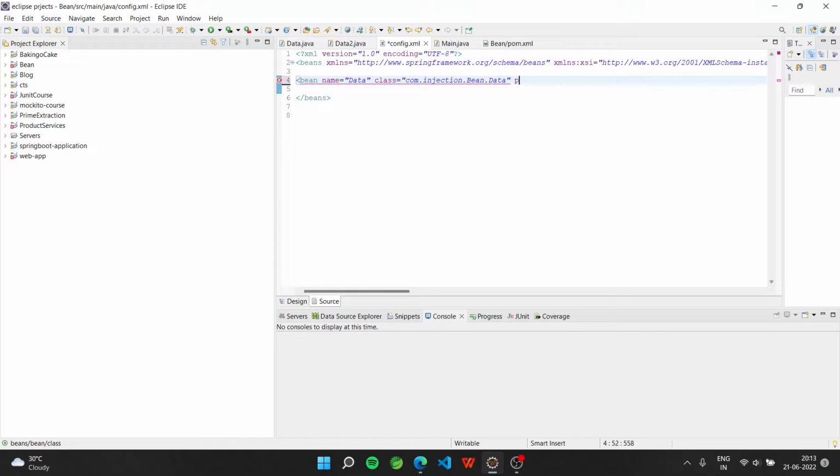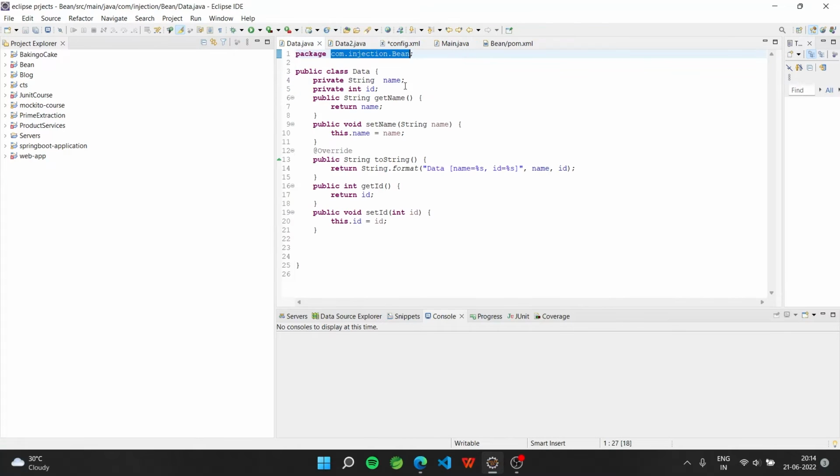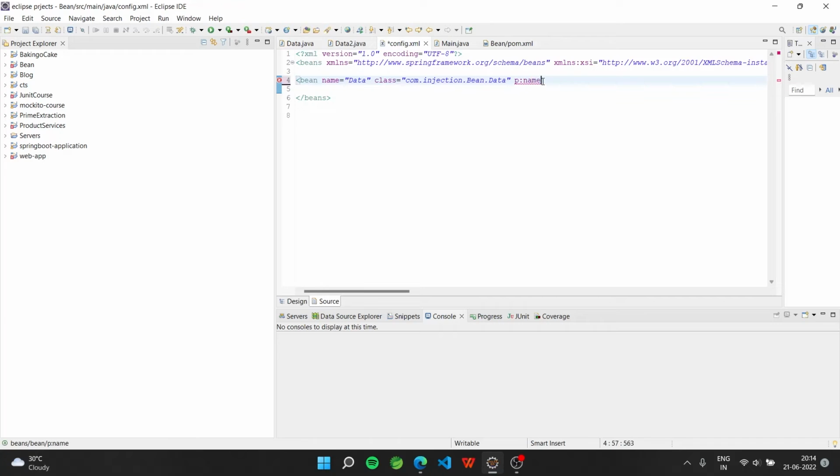We can do this with p schema. I'm gonna use the p schema right now. If you guys don't know how to write p schema, this is the syntax. Actually, using the p schema, you don't have to write the property tag and use value as element or attribute in the property element. We can remove those and write the full thing in a short way by using the p schema. It's p colon the name. This name is the variable that has been used over here. This one. So colon name, and we mention the value, that is JD,